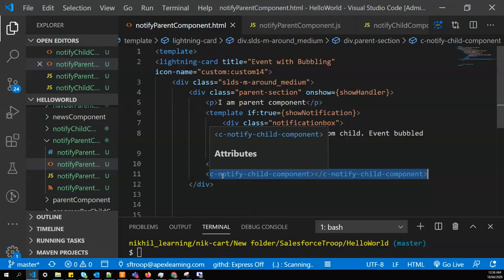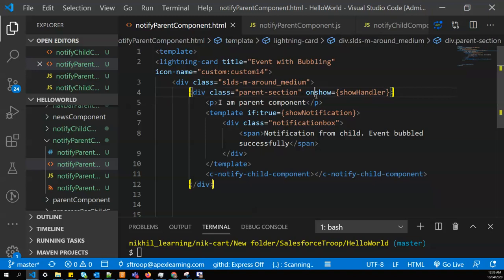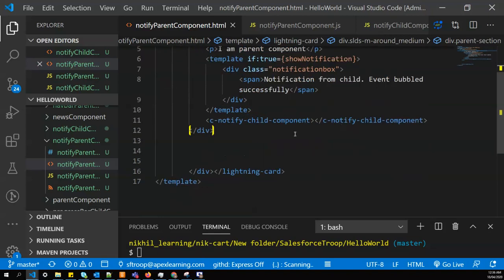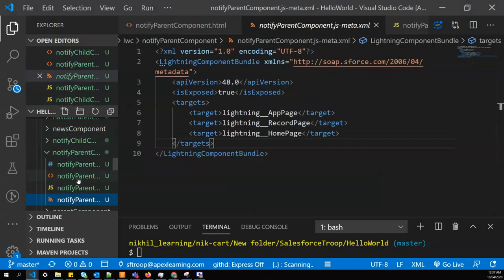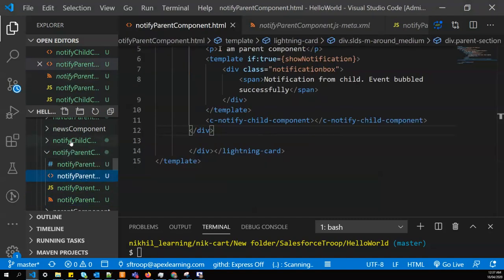Whenever the child component triggers an event and the event bubbles, it will bubble to the parent elements where I have attached another handler with the same name, onshow, and it triggers that event as well. So let's deploy this and see if things are working as expected.